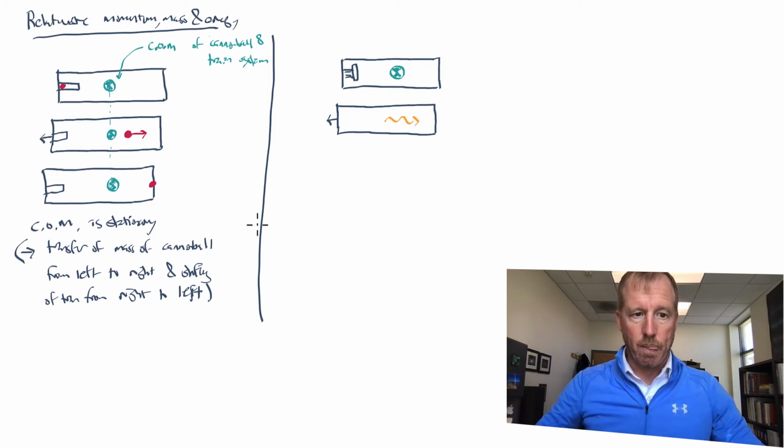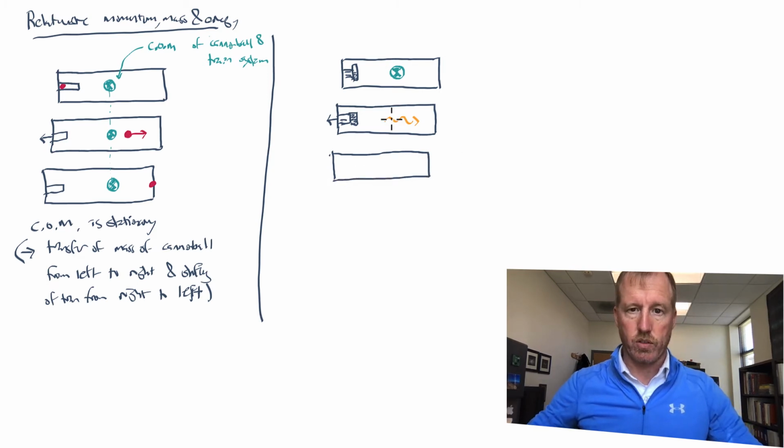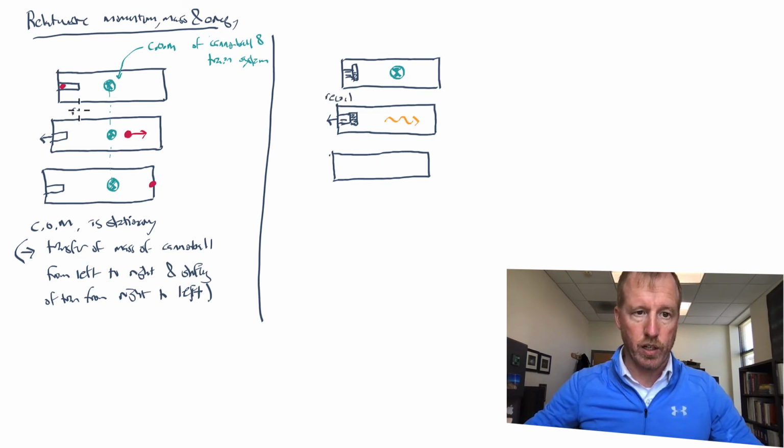Okay? Now, I want you to think about a moment later when, let me just still draw the flashlight here. Okay, this is the flashlight. And then a moment later, of course, the train has shifted a little bit to the left, and the light has struck the wall. Okay, so there's a recoil in this phase, just like there had been a recoil in this phase. But now the light is absorbed by the wall.